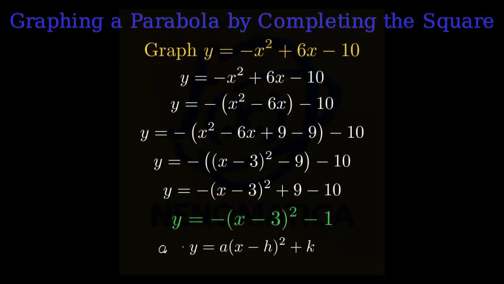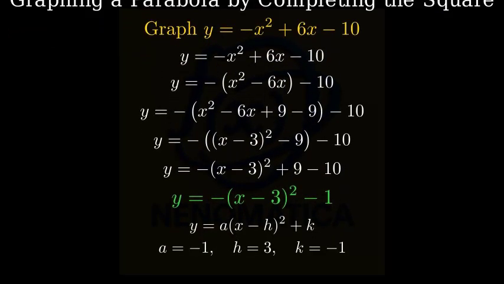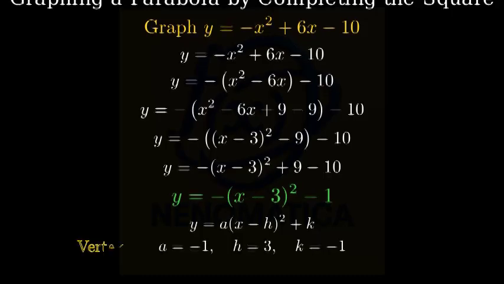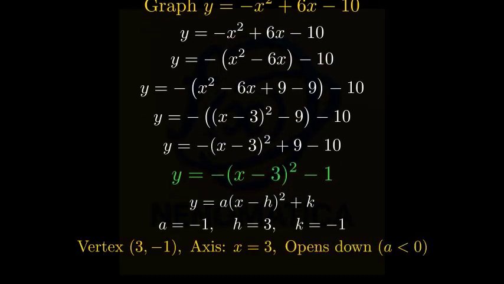From vertex form, y equals a times (x minus h) squared plus k, we have a equals -1, h equals 3, and k equals -1. So the vertex is (3, -1). The axis of symmetry is x equals 3, and because a is negative, the parabola opens downward, making the vertex